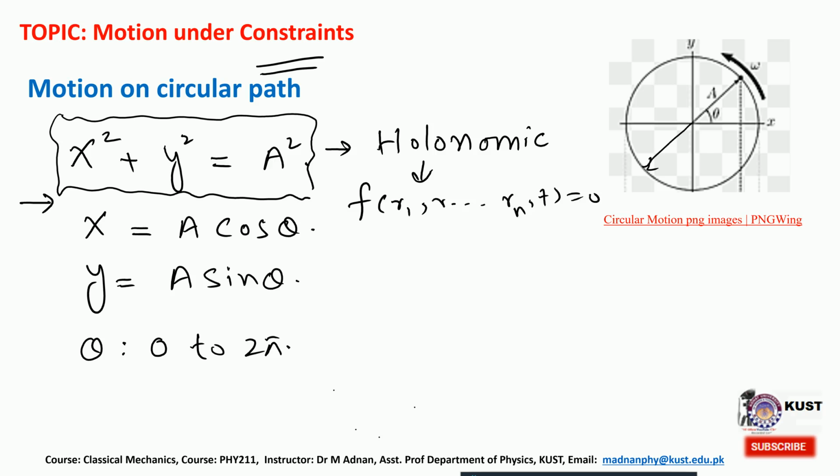But since in this equation of constraint the time is not explicit here, we can say that out of the holonomic constraint, this is an example of the